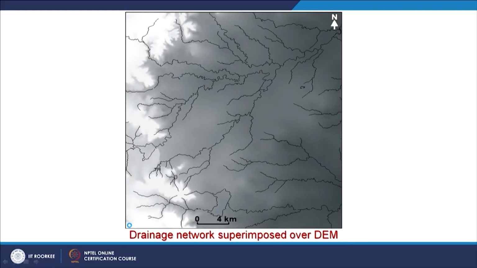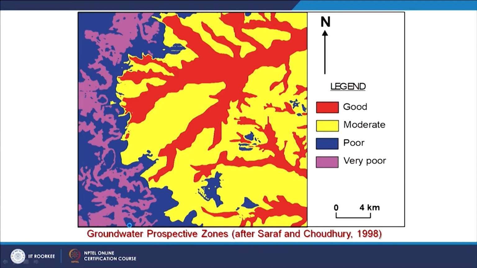If I show a digital elevation model, it looks like this for that area. So, employing GIS, and giving weightage to different themes or layers, like geology, soil, geomorphology, water level, or changes in water table between pre-monsoon and post-monsoon, and using